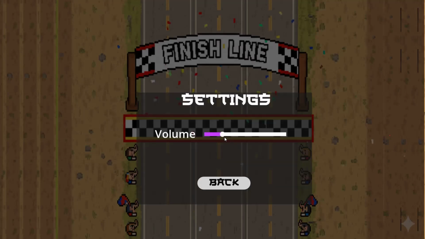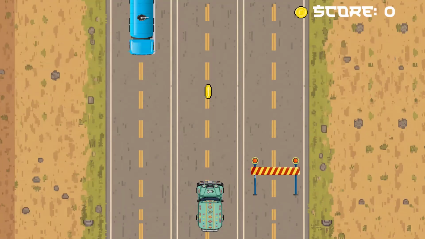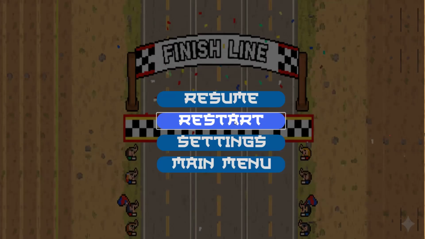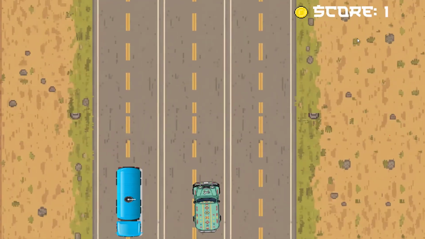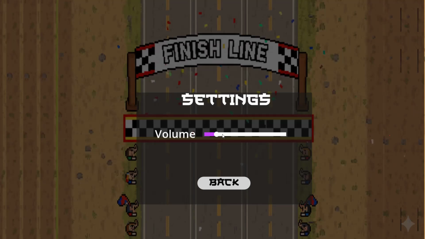For our settings, we also have volume settings that adjust the volume of our game, and our main menu, when you click it, will direct you to the main menu option. So let's try clicking the resume button. When we click restart, it will restart. And when we click settings, the volume will decrease or increase.